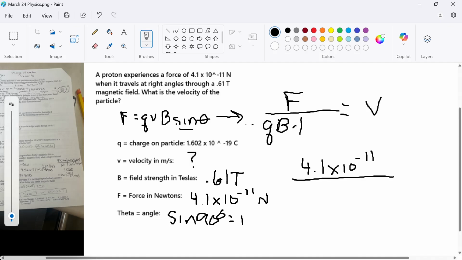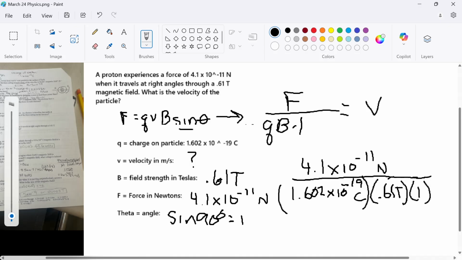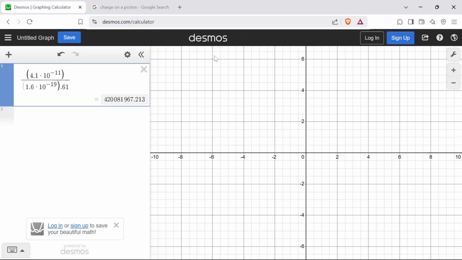Divide it by Q, the charge on a particle, which is a proton, 1.602 times 10 to the negative 19th coulombs, times B, which is the field strength, 0.61 T, times the sine of the angle, right angle, 90 degrees, which is just 1. So that's it. And I've already done this in Desmos, it comes out to